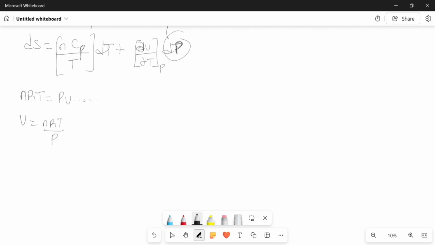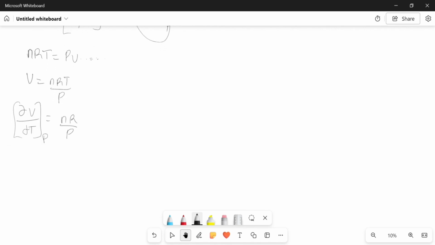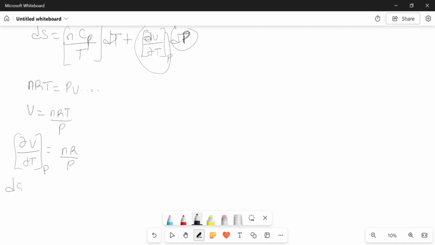So let's differentiate V with respect to temperature partially, so that we make P the constant here. So we want to differentiate V with respect to temperature, making pressure a constant. So we are going to have del V over del T equals nR over P, because if I differentiate T here, it should just be 1. And don't forget I did this making P a constant. So instead of del V over del T at constant P, we can replace it with nR over P. So then we can actually say dS is equal to